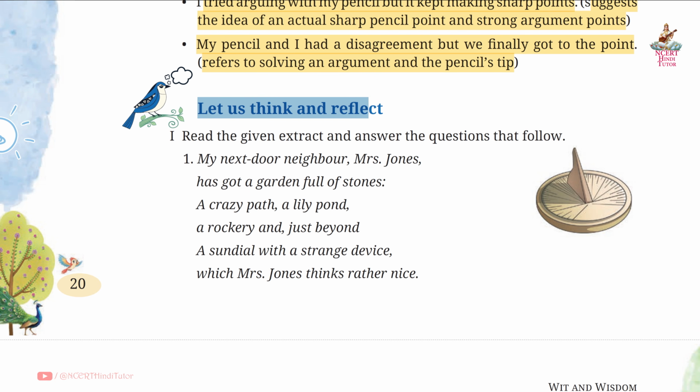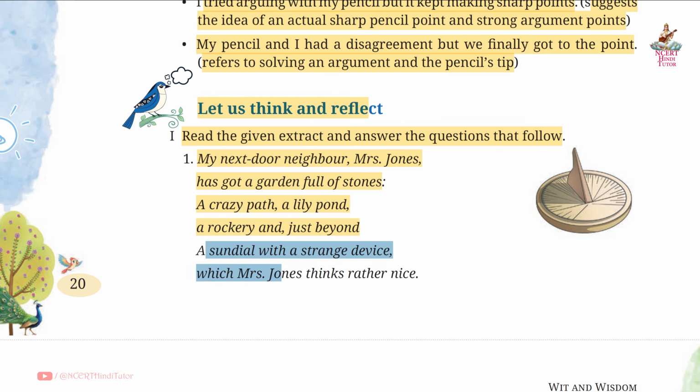Next, let us think and reflect. First, read the given extract and answer the questions that follow. First, my next door neighbor, Mrs. Jones, has got a garden full of stones, a crazy path, a lily pond, a rockery end just beyond, a sundial with a strange device